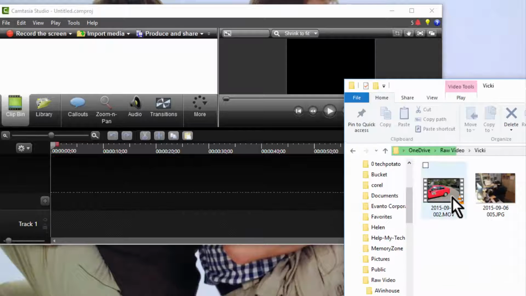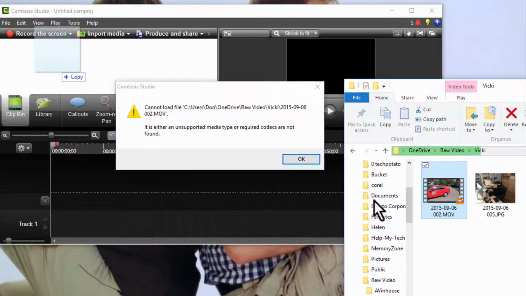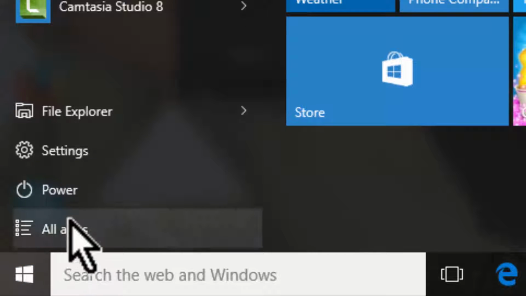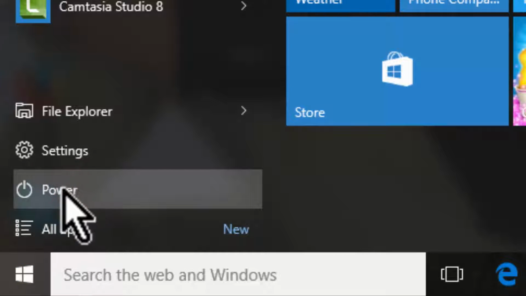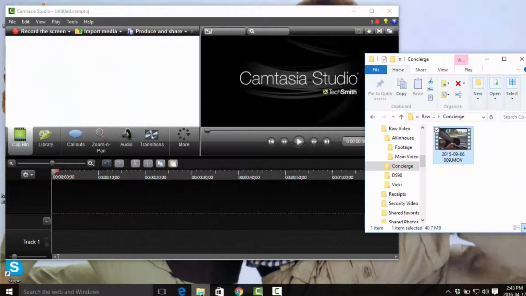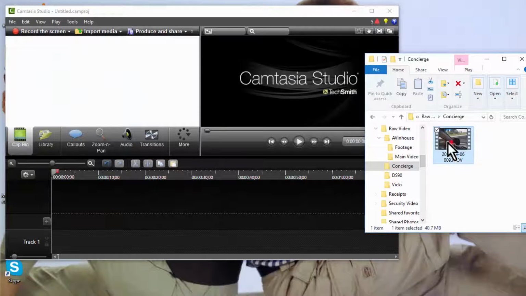After doing the install, you might first try it and find out that you still get an error message. Well, the reason is that the operating system hasn't registered the drivers. You need to restart the computer. And once Windows has restarted, you'll see that we can easily drag video in MOV format into an application that requires QuickTime.